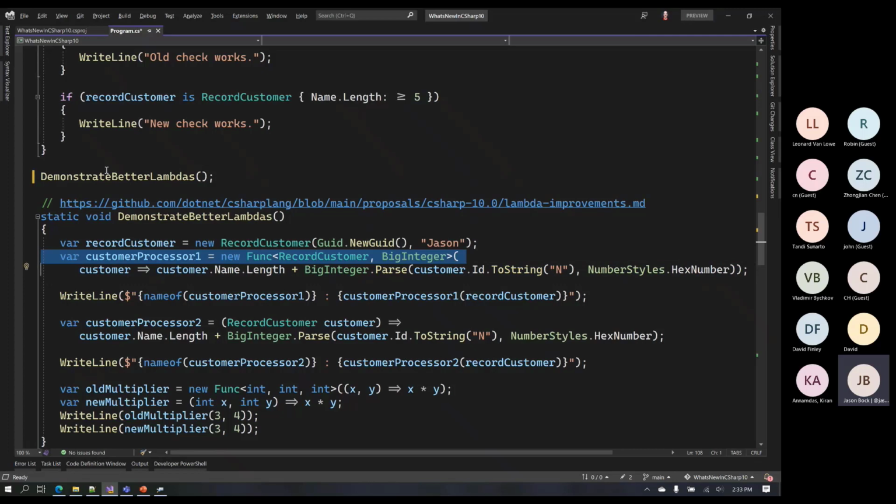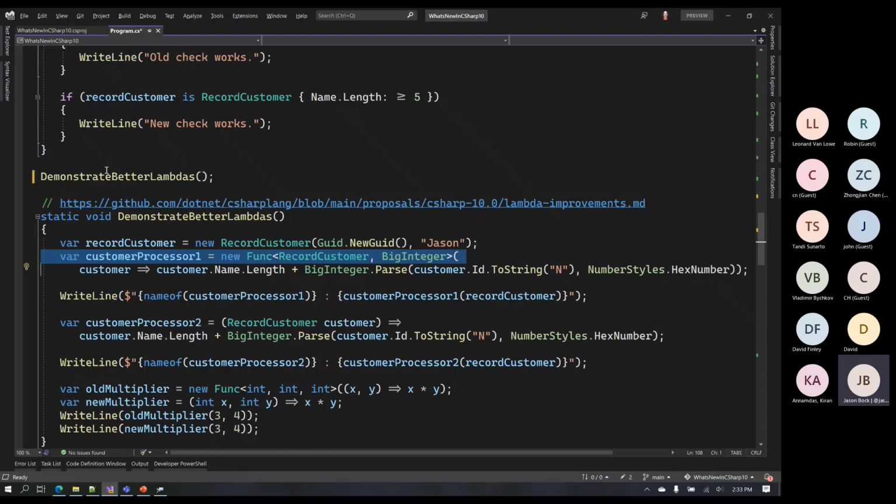Which is I have to have new Func, record customer, big integer, and so on. It's not a big deal, but I have to do this because if I wanted to say something where I don't have that Func there, like if I wanted to say var ID is equal to 3, the compiler knows that that's an int. I would love to have some function syntax where it can do the same thing, and C# just knows it's a Func.